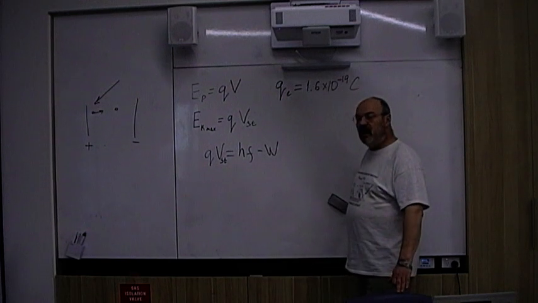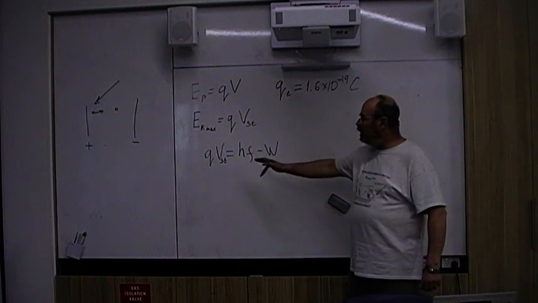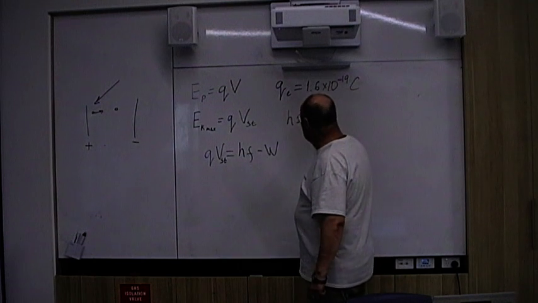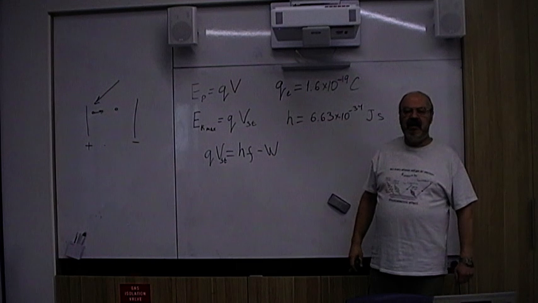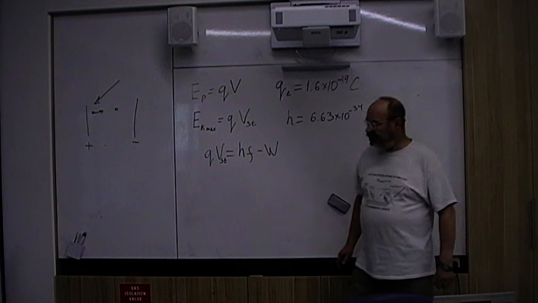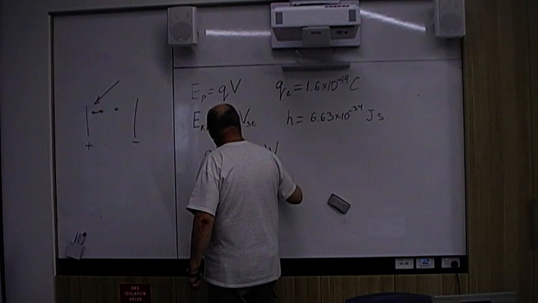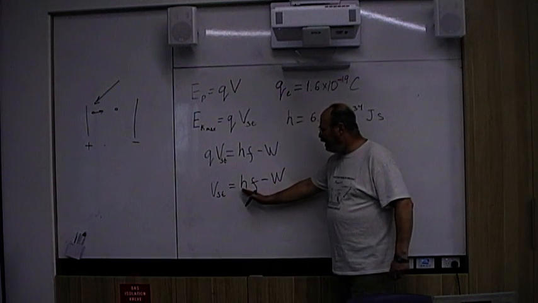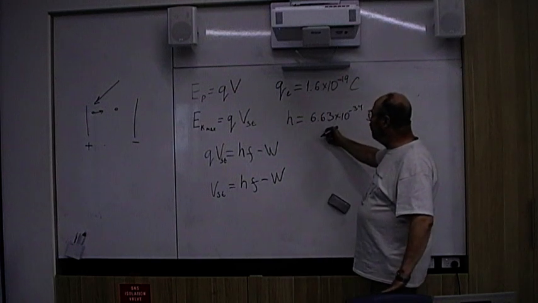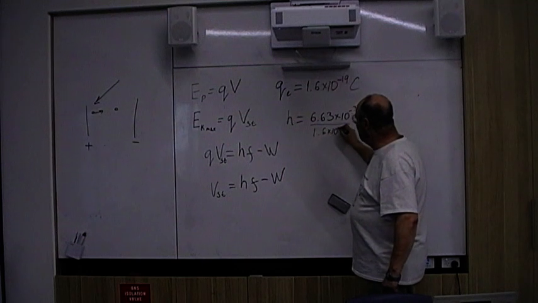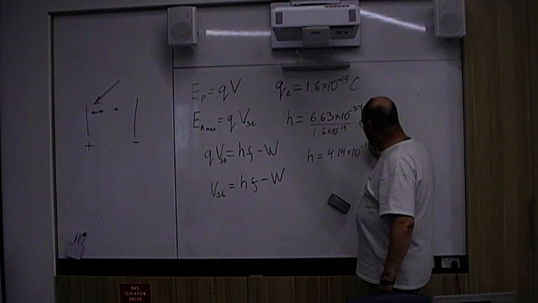Now let's divide this. In this equation we have energy, everything in joules, so Planck's constant is 6.63 times 10 negative 34 joule seconds. Now let's divide both sides by the charge of the electron. We'll get the stopping voltage equal to HF minus W, but I have not changed anything here, just made it in another unit. If we divide this number by 1.6 times 10 negative 19, we will get Planck's constant in electron volts, 4.14 times 10 negative 15 electron volt